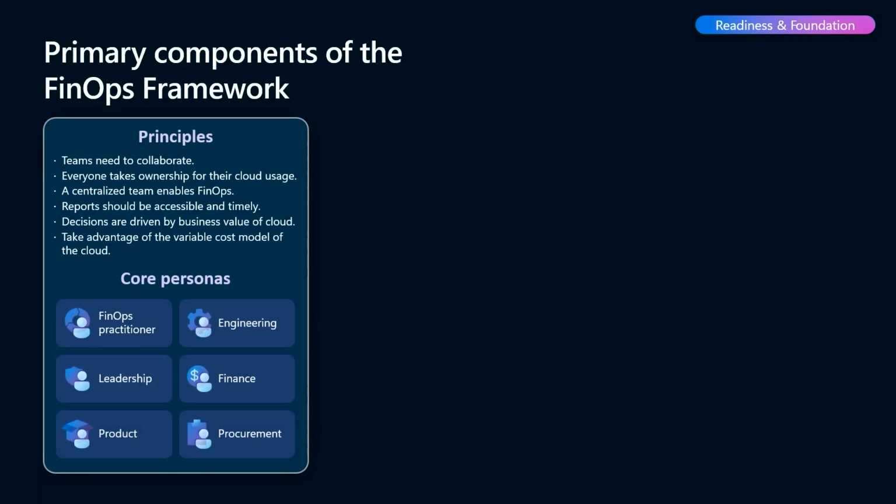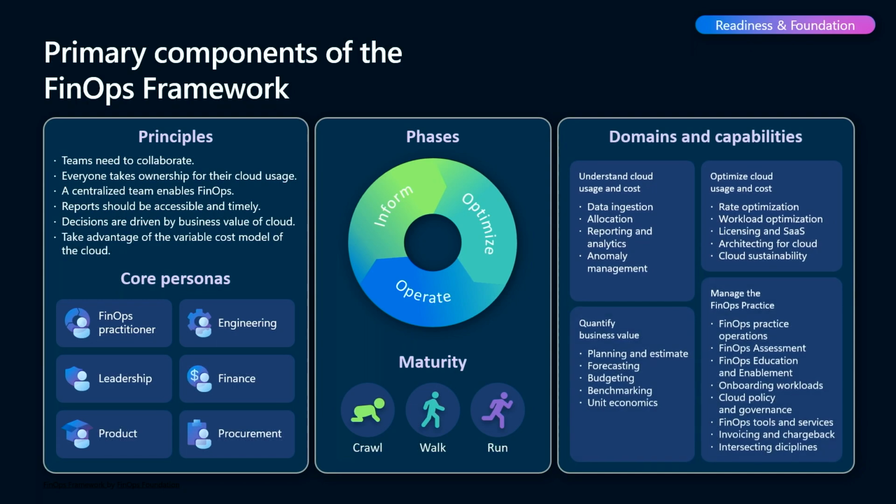There's a lot to the FinOps framework, by the way, and you could see this and probably say, oh my gosh, look at all those domains, look at all those capabilities. One thing that's really interesting about the way the FinOps Foundation has done this is they have a crawl, walk, run maturity model. So as you work through the things that are most important to you, you might say, hey, first thing is just visualizing my costs. That's what's important for me and my organization. We're gonna migrate a lot of things, but we gotta be able to visualize the costs so people can see what they're spending, so they understand, right?